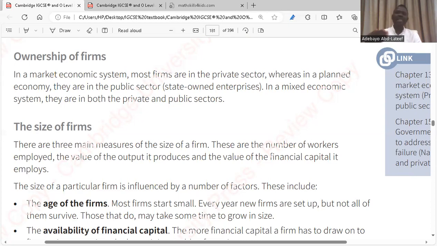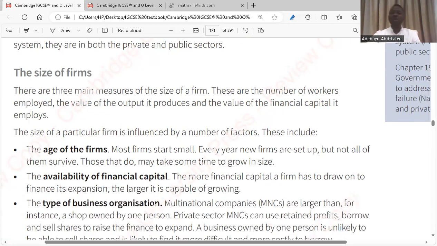In the market system, resource allocation is basically done by individuals and private firms. So a country that uses the market economic system is going to have a larger proportion of its firms in the private sector than the public sector. Do you get it or not? In a market economy, the largest proportion of firms are from the private sector. In the planned economy, the largest proportion of firms are state-owned. In a mixed economy, most of the time the private sector has more, but it's a mixture. I think it's clear. Yes.